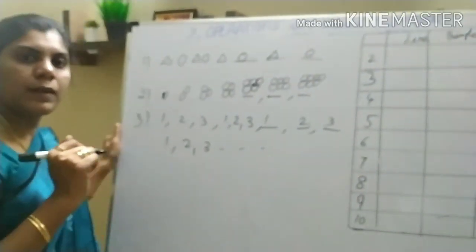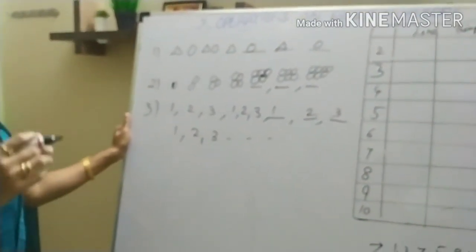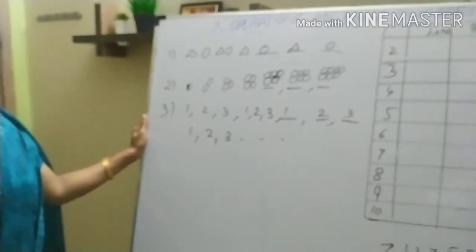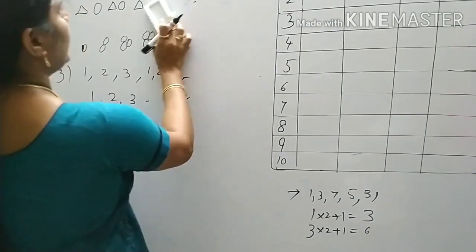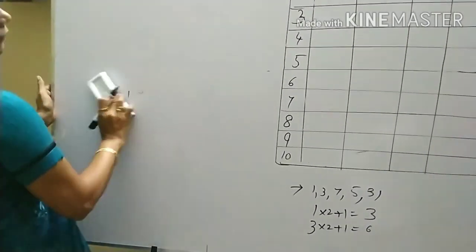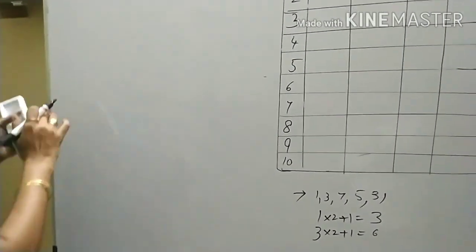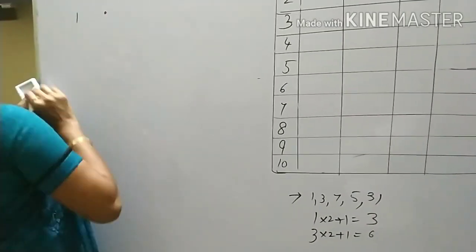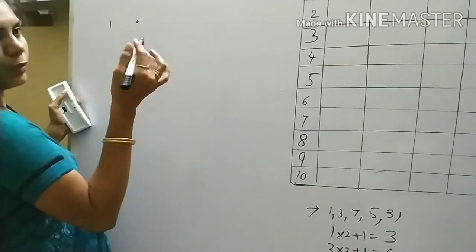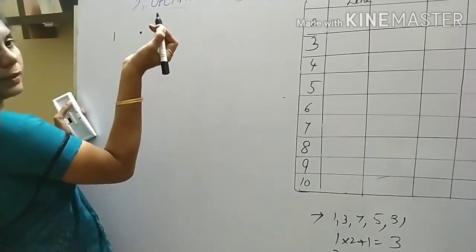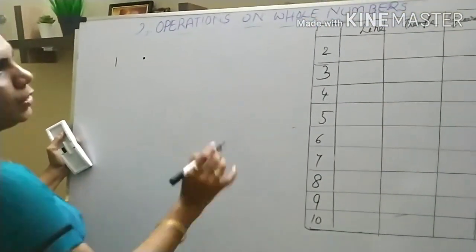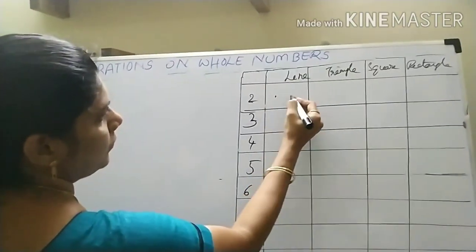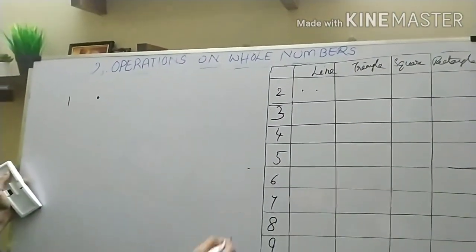If you talk about numbers 1, 2, 3, 4, 5, 6, 7, we can arrange these numbers by using dots. We can represent these numbers using dots. By using dots, the first number starts with 1 dot. With 1 dot we can't do anything. We can make a line also simply. So 1 I am not taking. Starting with 2. See here, 2 dots. With 2 dots I can make a line.